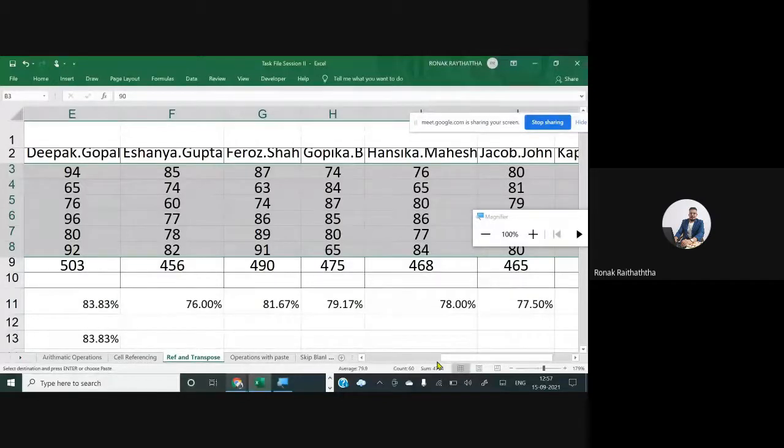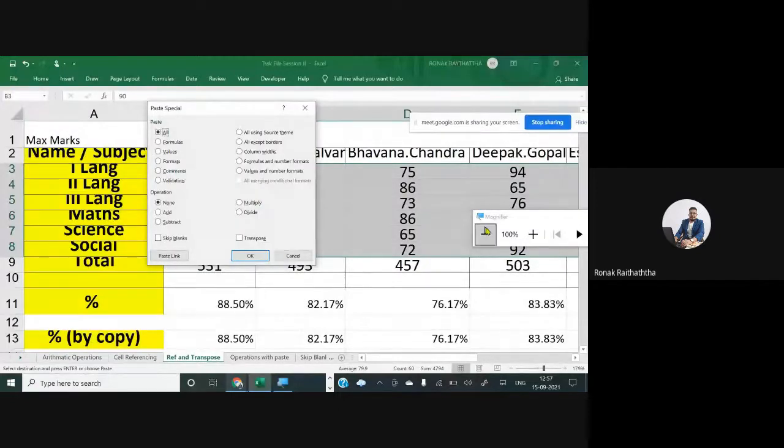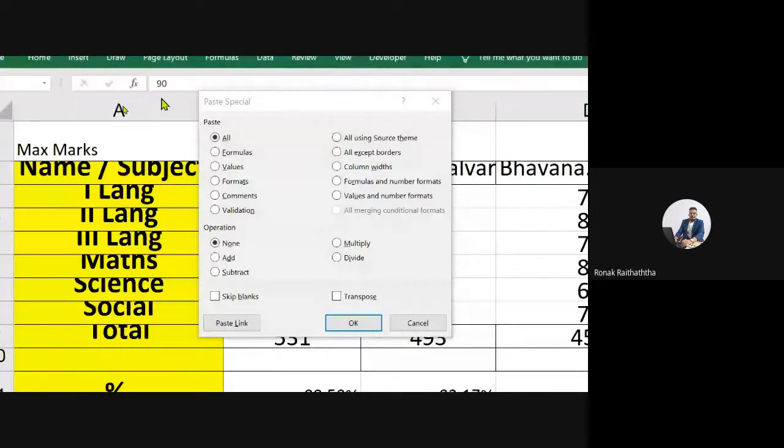So once it is selected, let's go to the Home tab again, go to Paste Special. And once this dialog box appears, select the option of Validation. You must be able to see the sixth option is Validation, my friend. Click on it and press OK.